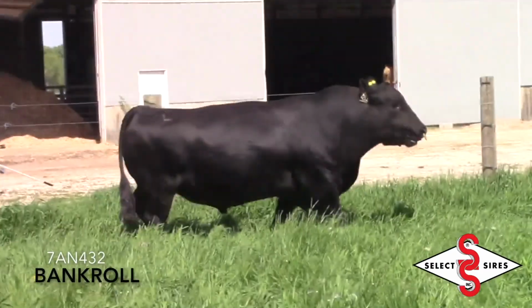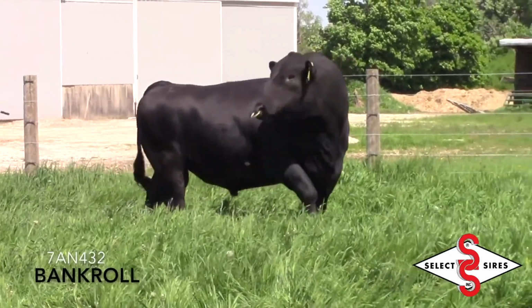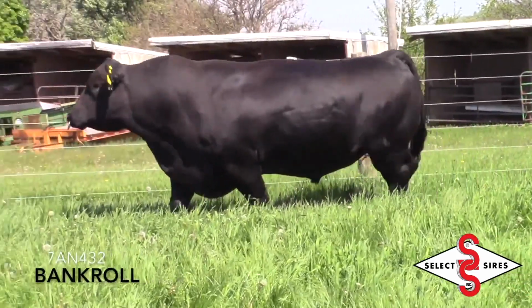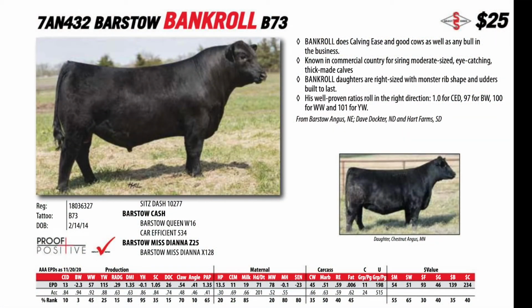And I think in terms of calling bulls spread bulls, Bankroll's got to be recognized as a spread bull. I mean, not only is he a calving ease bull, but that -2, and he's up to about 115 or 116 for yearling. That's pretty good spread for a calving ease bull. So he adds some growth, but maybe the part that sticks out for me, we sampled this bull through our